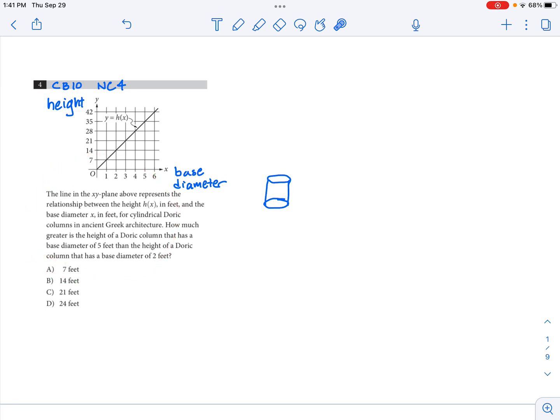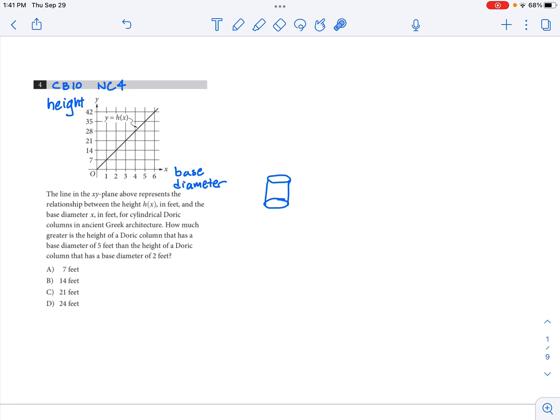The word problem says the line in the xy plane above represents the relationship between height, h of x in feet, and the base diameter x in feet for cylindrical Doric columns in ancient Greek architecture. All right, so long story short, the x-axis keeps track of the diameter of a column, and the y-axis is keeping track of the height of that same